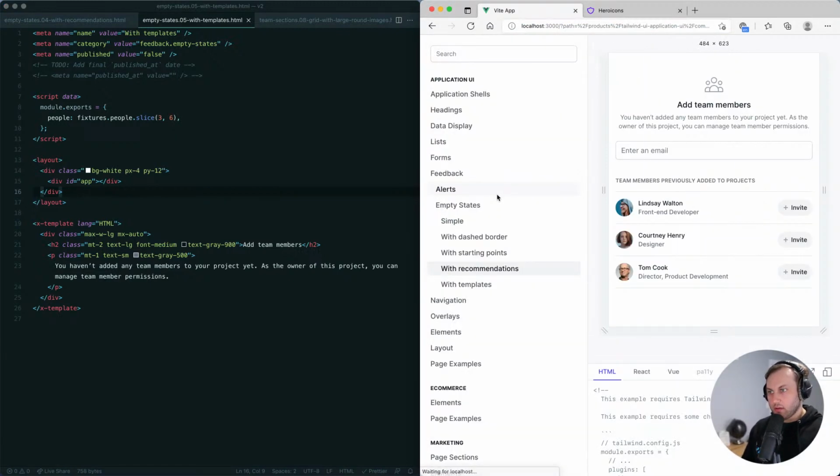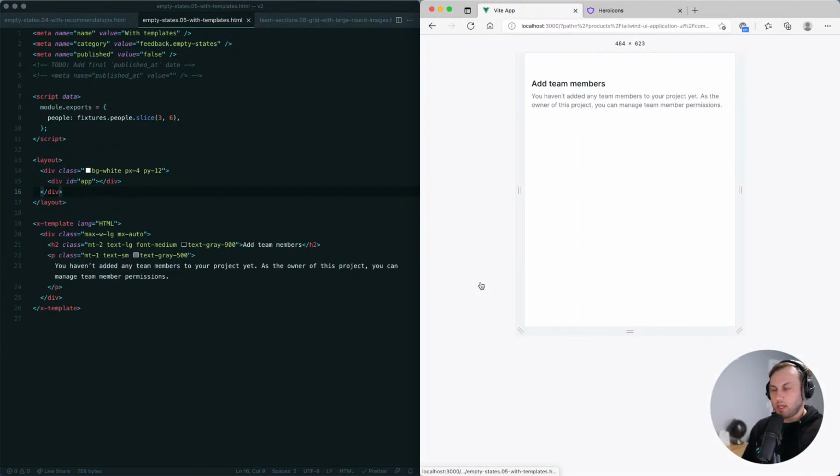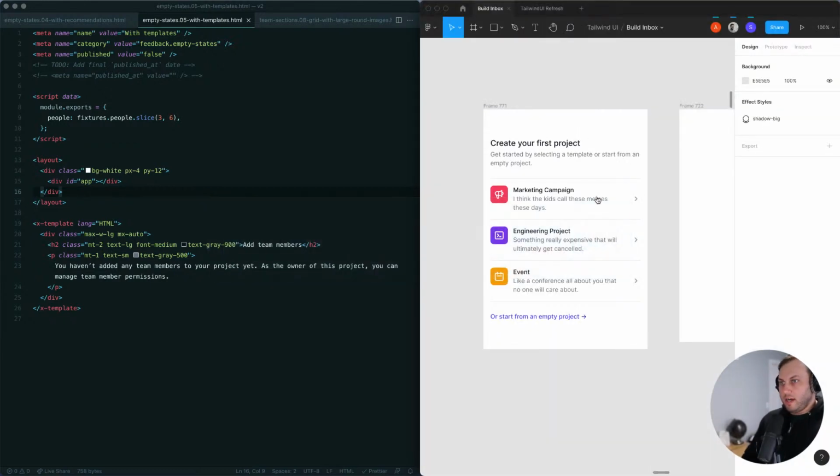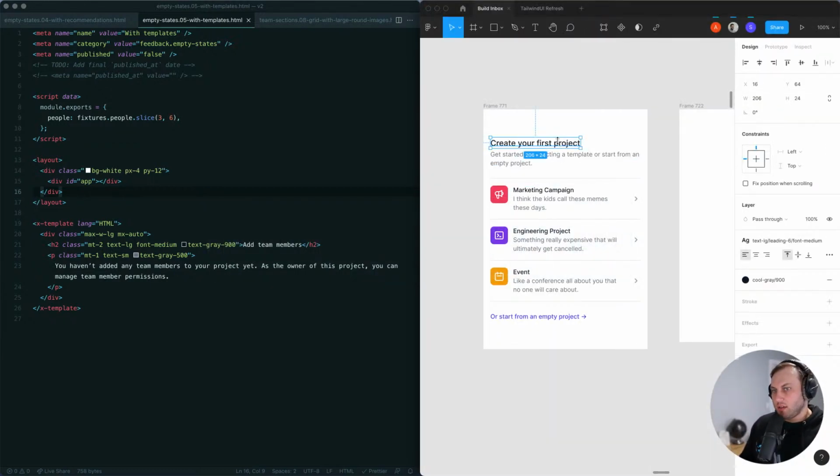Come on. With templates. Okay. All right, so is this the same? LG medium, gray 900. Yep. We can get rid of this margin. This one is the same spacing. Okay, so